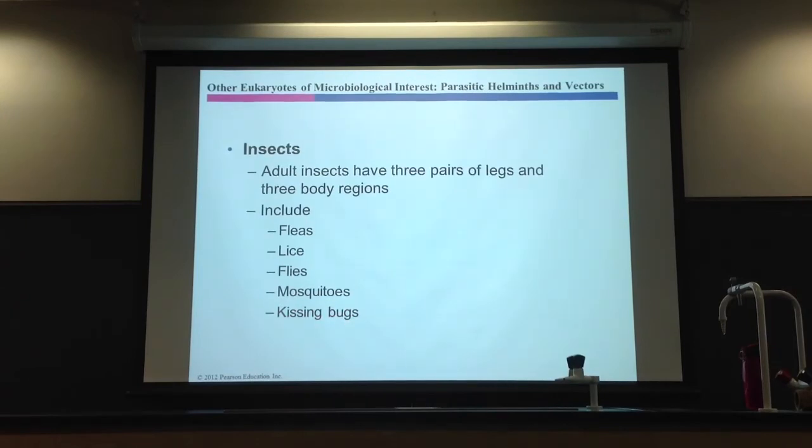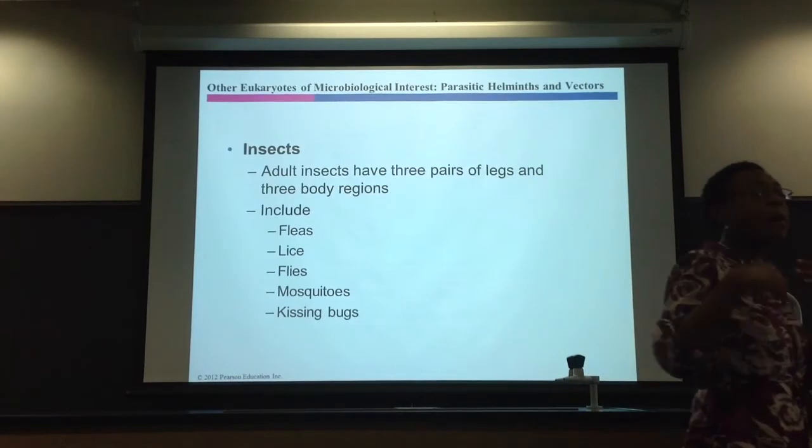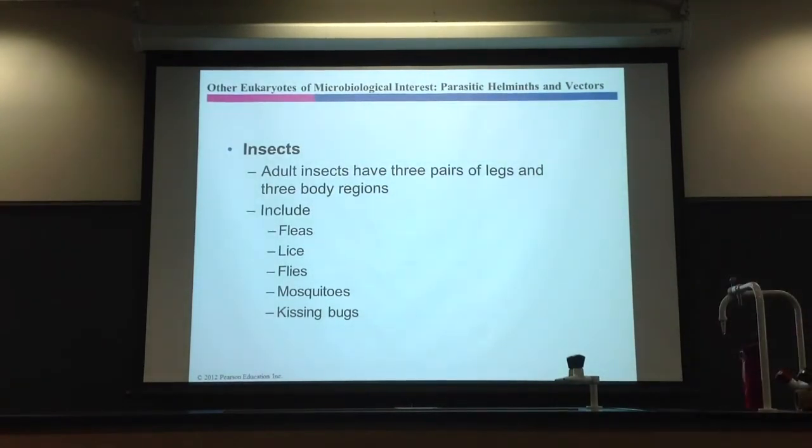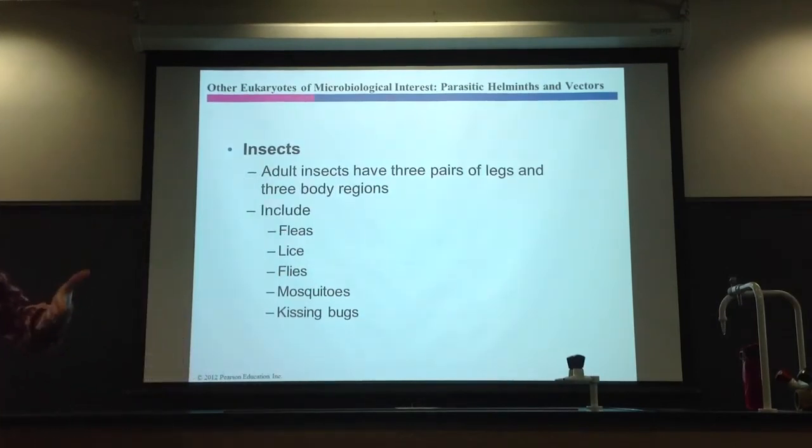And lastly, kissing bugs. These are true bugs. They have wings, and I mentioned earlier, they're called kissing bugs because when they feed, they tend to kiss near your mouth and suck your blood. Kissing bugs are a type of biological vector because they can also carry trypanosoma. If you're living in South America, for example, instead of getting African sleeping sickness, you get Chagas disease. So same kind of disease, different name, different biological vector. Makes sense? So kissing bugs carry trypanosoma, which causes Chagas disease. The tsetse flies carry trypanosoma, which causes African sleeping sickness.